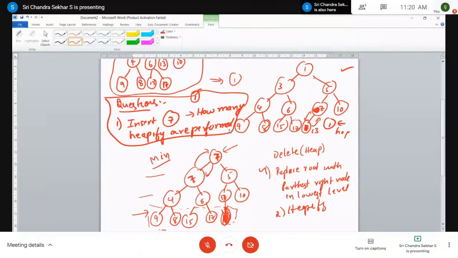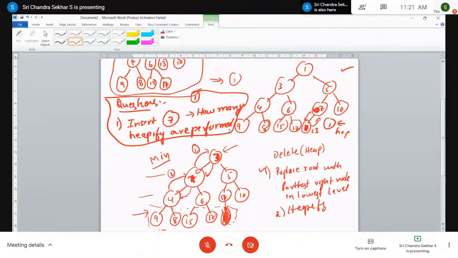So this becomes 7 and this becomes 3. Now you can see that this particular subtree is satisfying. 3 is less than 7 and 5. Now you go to this node 7 again. Therefore, here we have performed one heapify operation, and then here it is not satisfying. Therefore, you have to again re-heapify it, where you have to check which of the children 4 and 6 is the lowest value. Therefore 4 is the lowest value. You have to swap it with the lowest value. Therefore 7 and 4 is swapped.